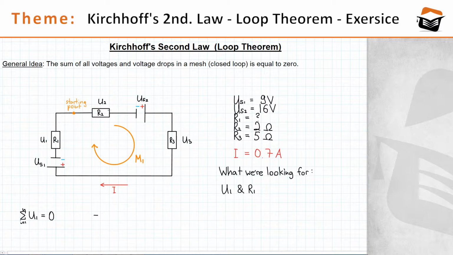And this time, I'm not gonna write down the symbols of the voltage drops. I will directly write down the voltage drops expressed as R, in this case R2, times I. The product of the resistance and the current is the voltage drop across the resistor. So minus R2 times I plus US2, and that was plus because the negative pole comes first and then the positive pole,